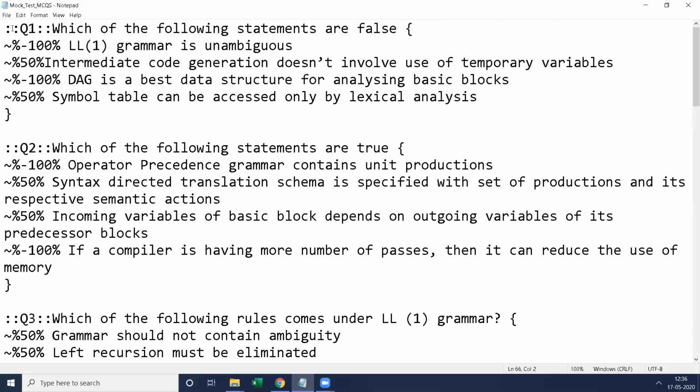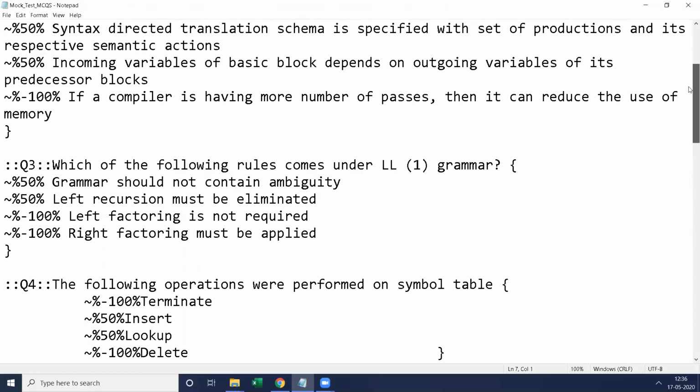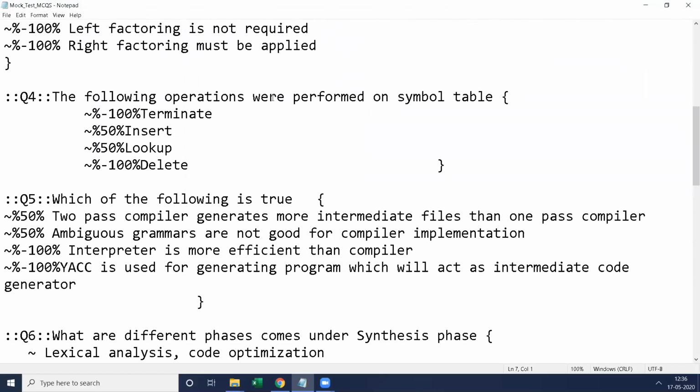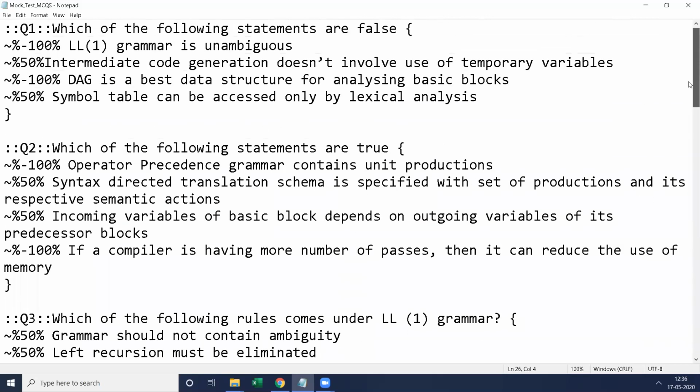From question number 1 to question number 5, I am taking them as multiple choice questions with multiple answers. So here there are 4 choices. Let us see the first question.